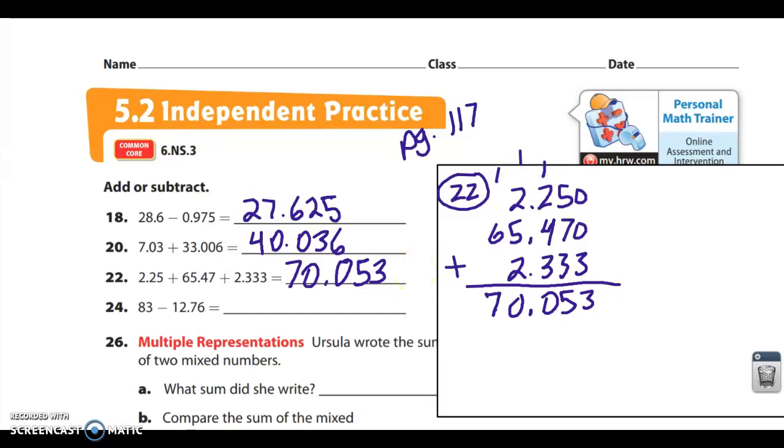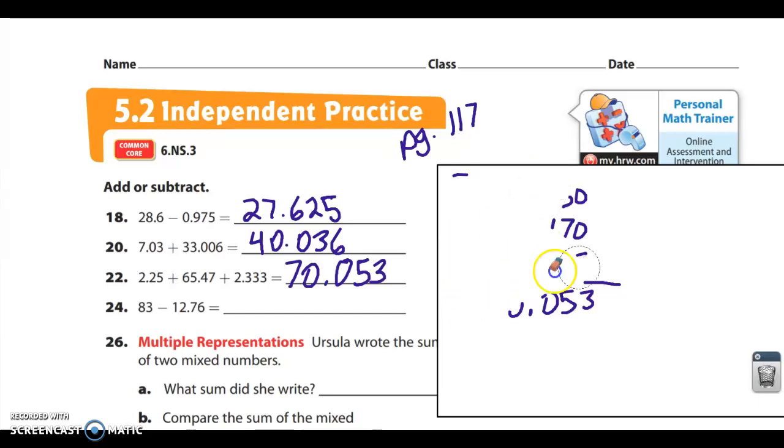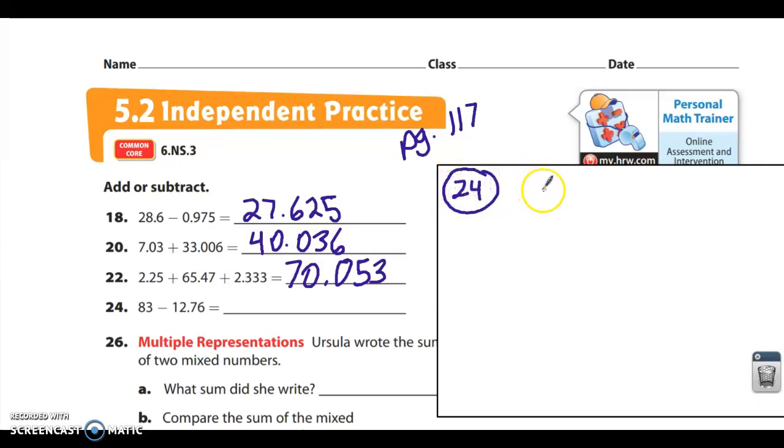Okay, we're going to check out number 24. And then we'll probably cruise through the last set because I don't want to model all of these for you. It's just too much. You don't need to see me solve all these problems for you to get a good idea how to do these. 83 minus